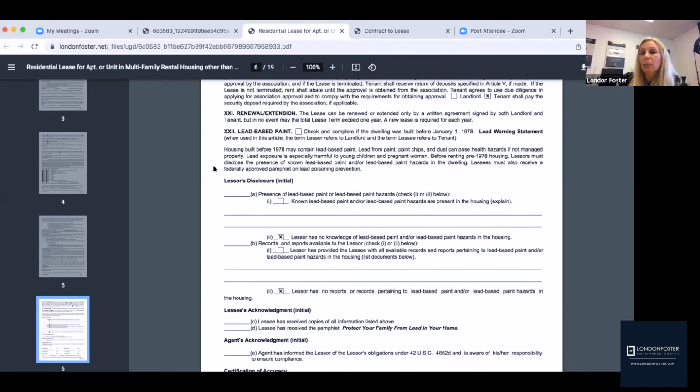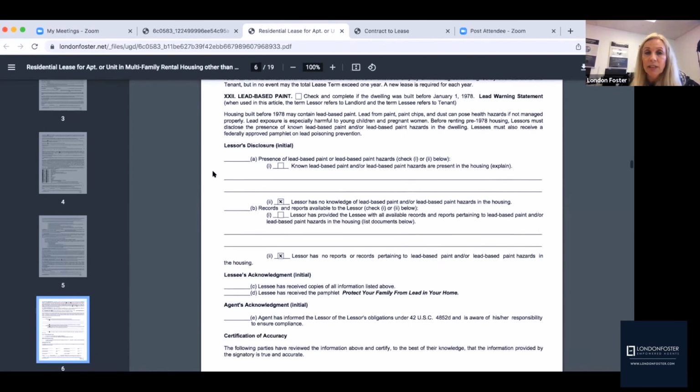Lead-based paint. Lead-based paint applies to units built before 1978. And again, if you don't know when a building was built, look at the tax roll. You go to the tax roll by going to the listing and tapping on the tax ID number, also called the property ID number, the PID. Sometimes they refer to it as that. So just tap on that, go to the tax roll, and it'll show you when the building was built. So anything built prior to